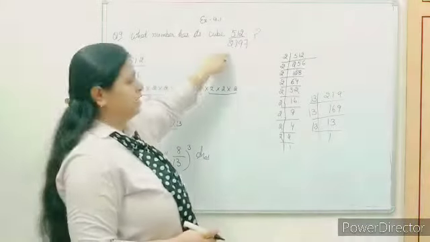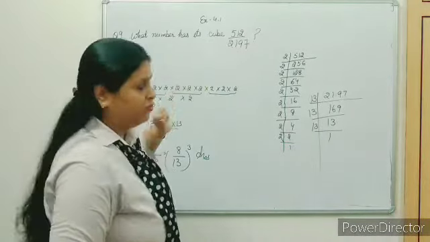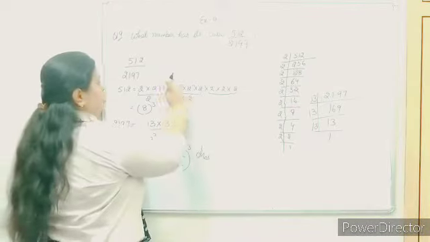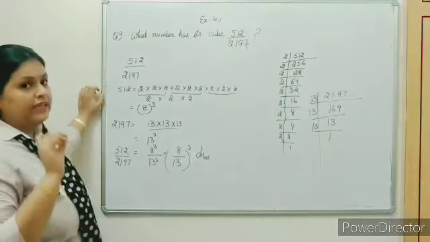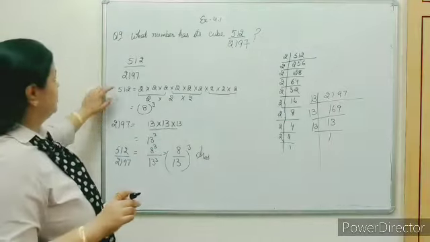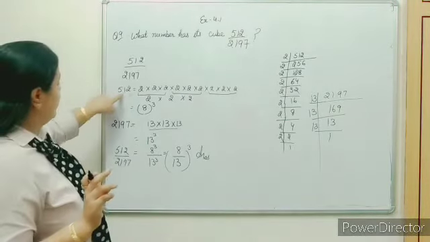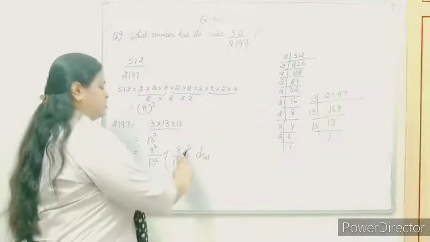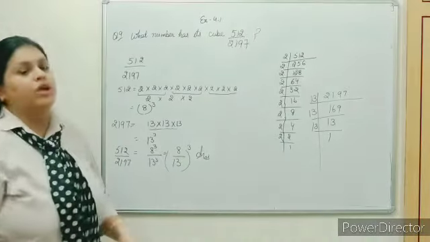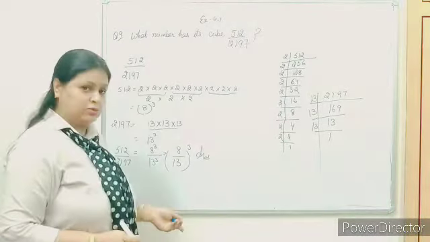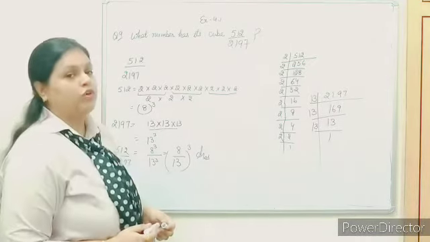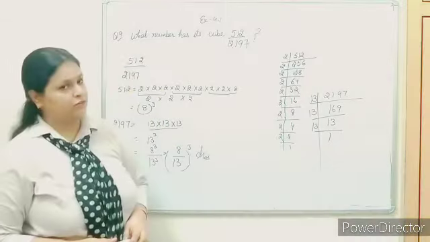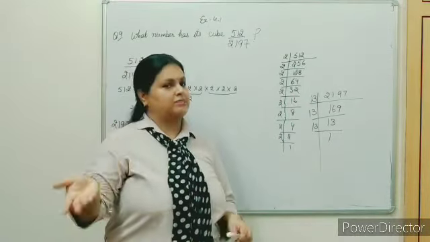We have one rational number 512 by 2197. We have done the prime factorization of numerator and denominator. We found the grouping of all the factors can be done in 3, so they are perfect cubes. 512 is the cube of 8, and 2197 is the cube of 13. So this rational number is the cube of rational number 8 by 13. Your question number 10 is like this question. Try to solve it yourself. For any problem or query, you can ask me. Okay? Bye. Complete this exercise in your fair notebook. Till then, see you in your next part of this chapter.